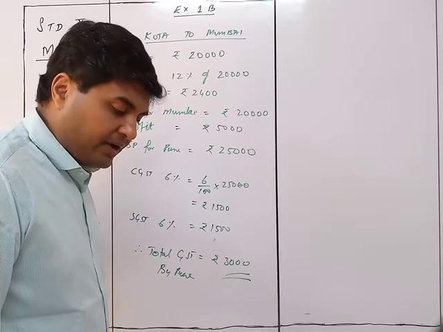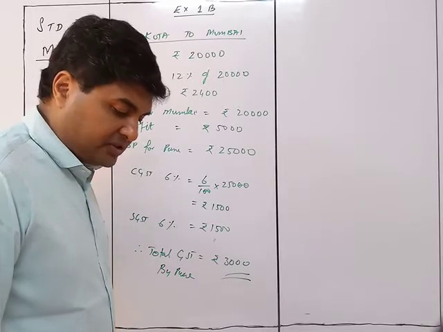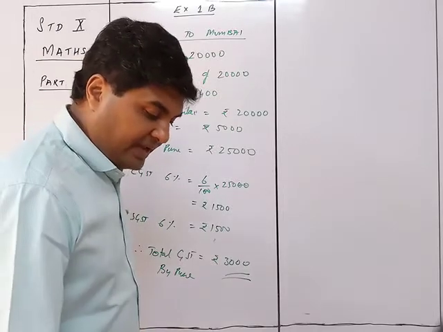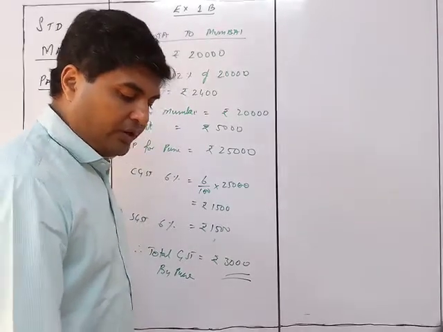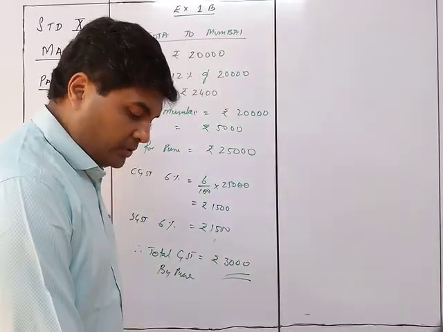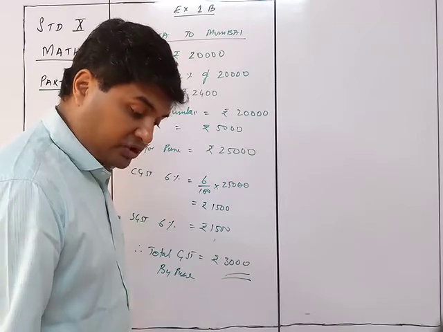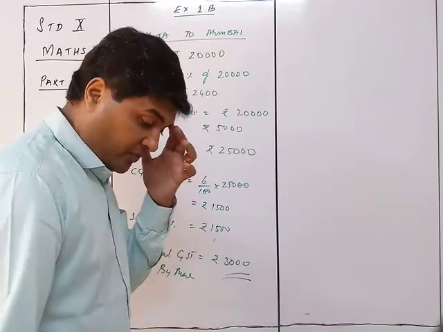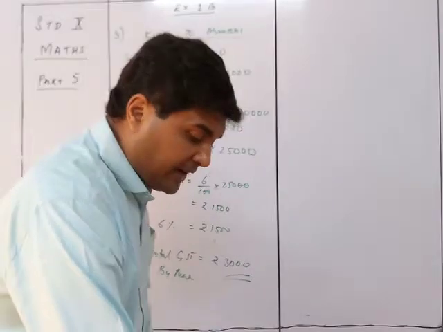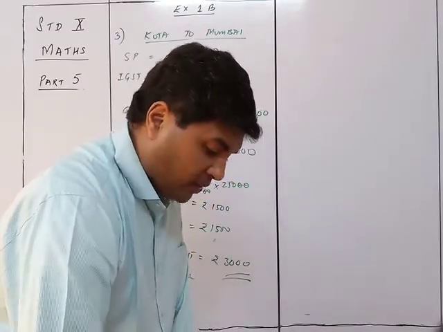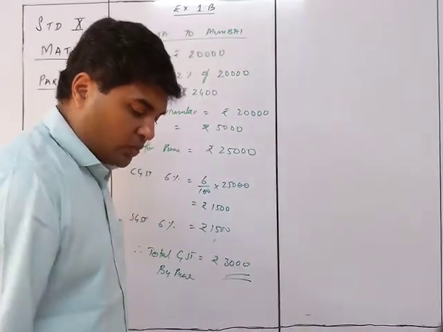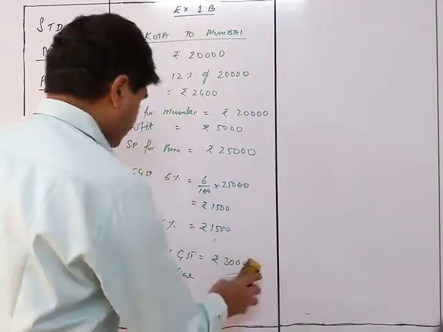Okay. And if the rate of GST is 18%, find the cost of goods and services to the dealer C in Jabalpur. So first of all, you need to find out the cost of the goods to the dealer in Jabalpur, which will be inclusive of taxes. And then the net tax payable by dealer B. What the dealer B is going to pay as the net tax payable. So those are the two questions over here. Let's see them one by one.